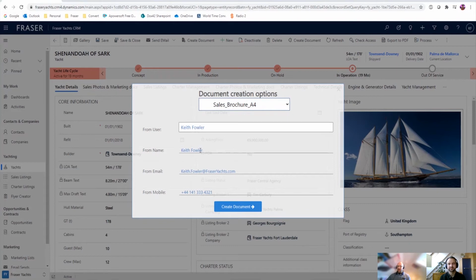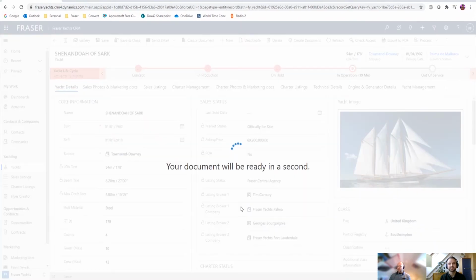And here I can select if I want to customize the salesperson's details that are going to be on this, or if I want to put my own name or whatever, which I'll leave for this purpose here, but I can change that very easily here. So I'll go ahead and create the document, press the button, and here it's now pulling the data from our